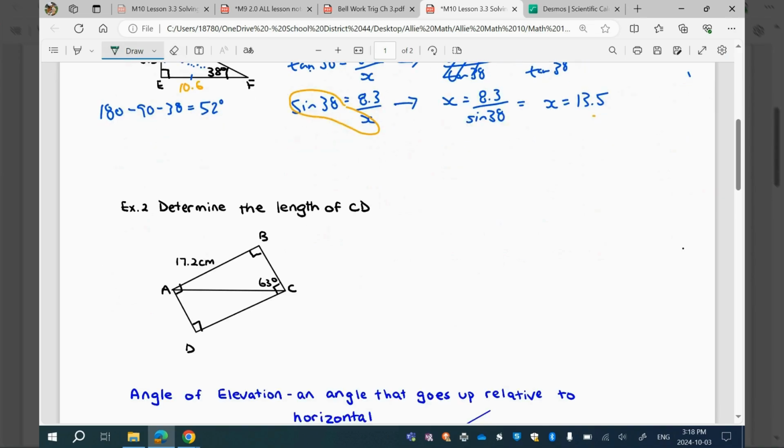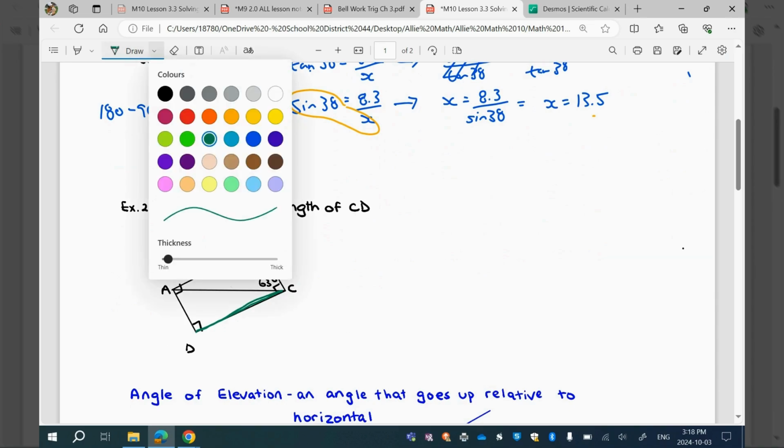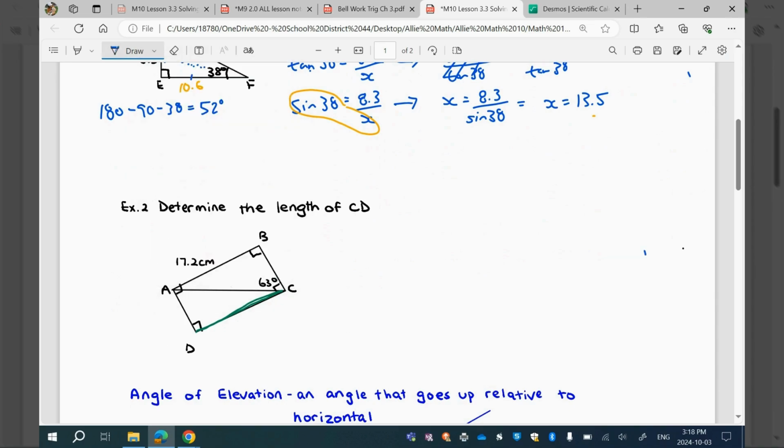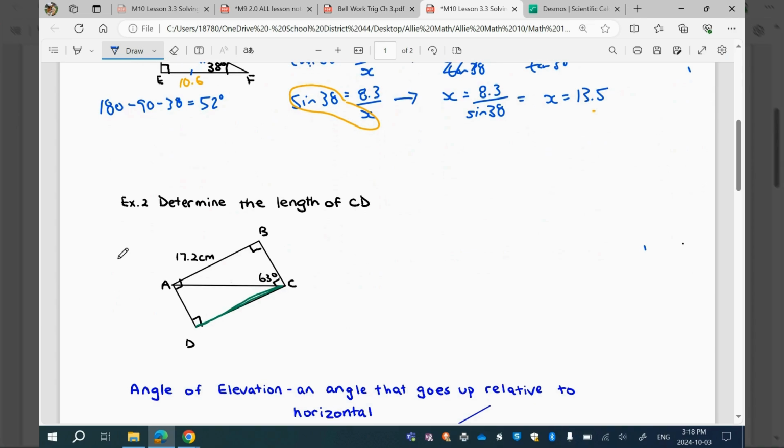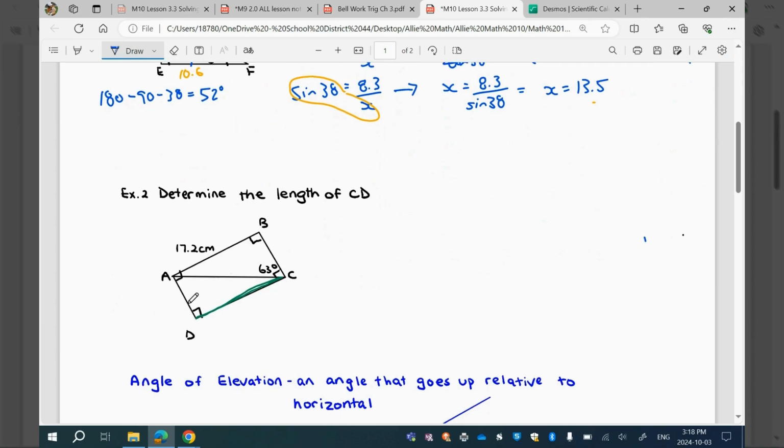Determine the length of CD. So determine the length of this one right here. But we might need to move around in this triangle and use what information we have to find out what information we don't have. So let's see. We don't have much in the triangle that we need. We don't have any of the angles. Well, none of them are labeled, and we don't have the side lengths. We do have